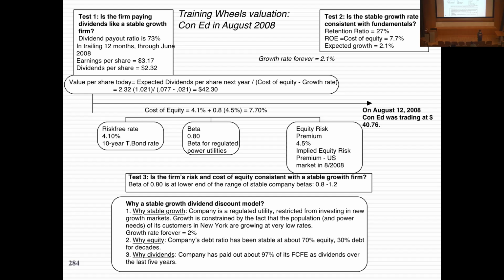Now, normally, if you're a monopoly, what do you get? You get pricing power. But the fact that you're a regulated monopoly means you don't have pricing power. For Con Ed, the only way you can raise a rate is you've got to go in front of a state regulatory commission. And the regulatory commission tells you whether you can raise your rate or not. You know what they look at? This is true across the country. It's almost in the law. How do regulatory commissions decide whether you can raise rates or not? What do they look at? They look at your return on equity.